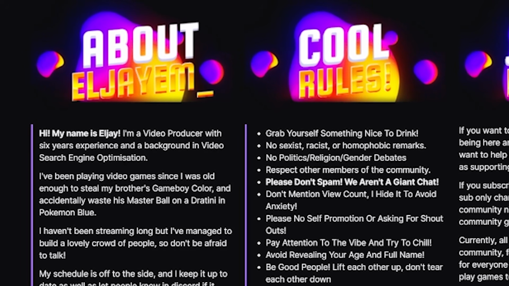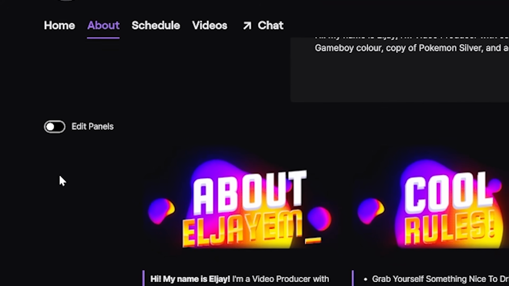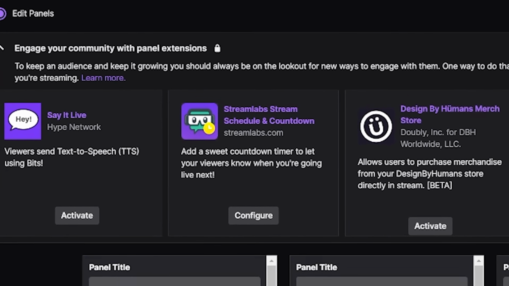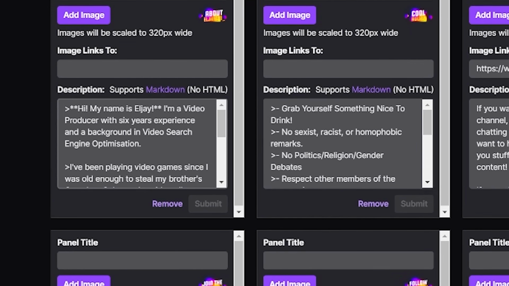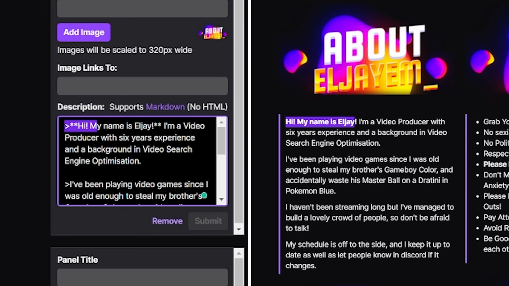So you want to make your panels and your text stand out with emphasis and formatting. It is so easy to do. You'll do this with a system called Markdown. This just means you add symbols in certain places to tell Twitch, hey, this text needs to be bold, italic, or embedded. For example, if we add 2 asterisks at the start of a sentence, write the sentence, and then add 2 asterisks and hit save, that sentence comes out in full bold.